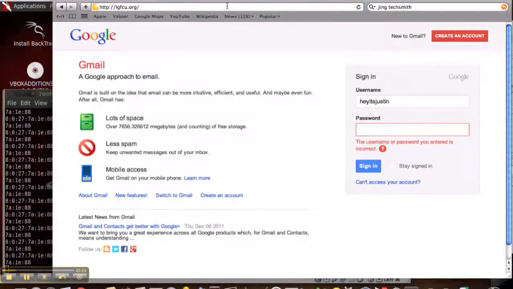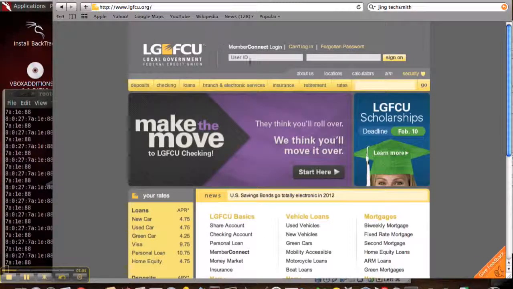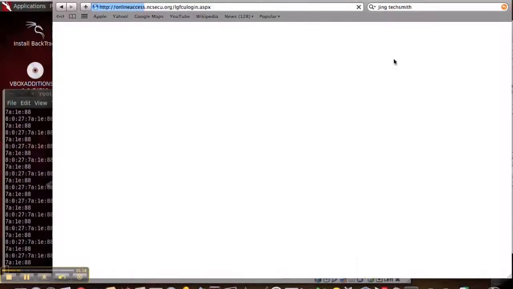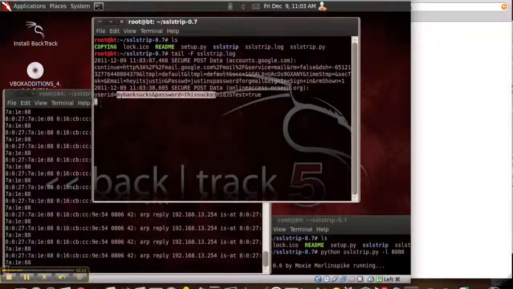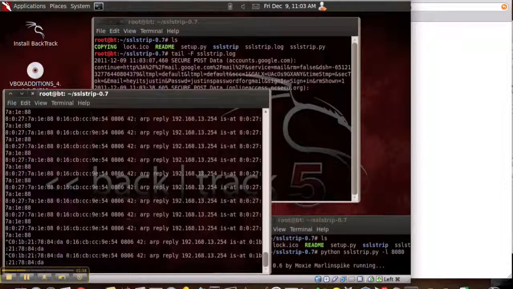Here is my bank account. I'm just putting in fake credentials just to show you that it can work. Looking back at the log file, now that we have successfully retrieved my Gmail and bank accounts' usernames and passwords, I'm going to go ahead and